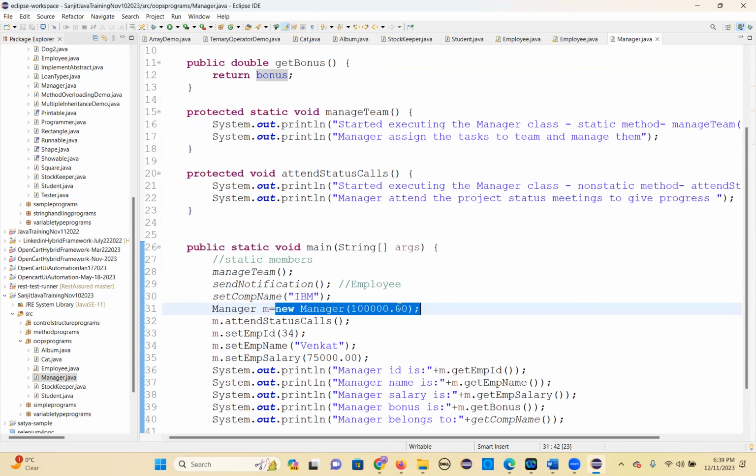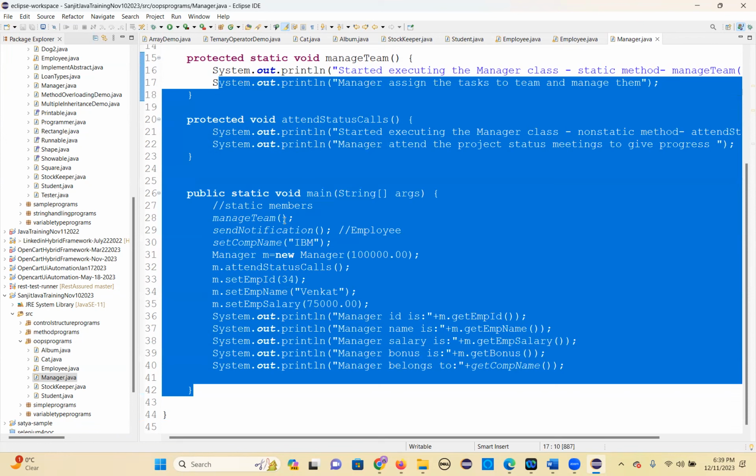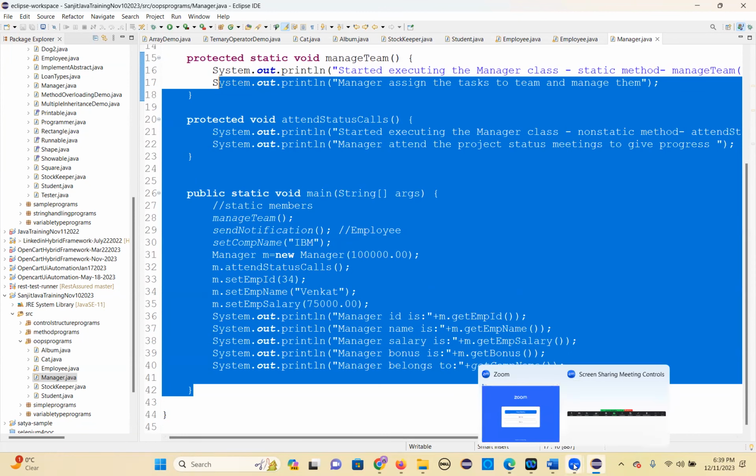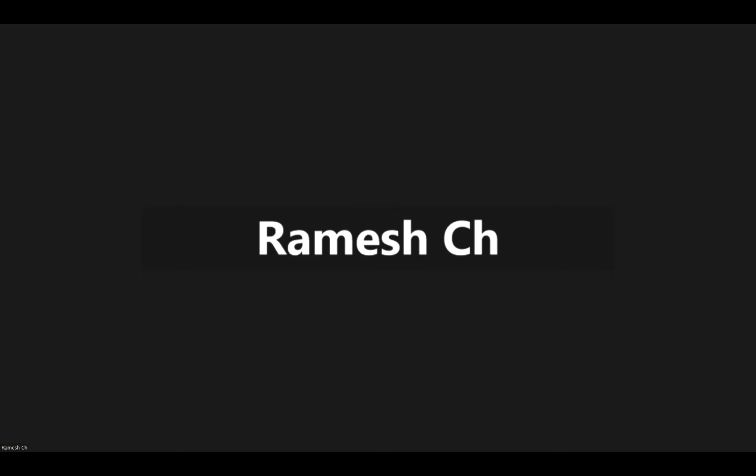Clear, sir? Yes. Okay. So you have a lot of work. You have to finish up to these programs. You have to finish encapsulation, constructor, and inheritance also. So let's meet tomorrow, and we'll see the remaining things. I'll show you other programs. Then we'll go to